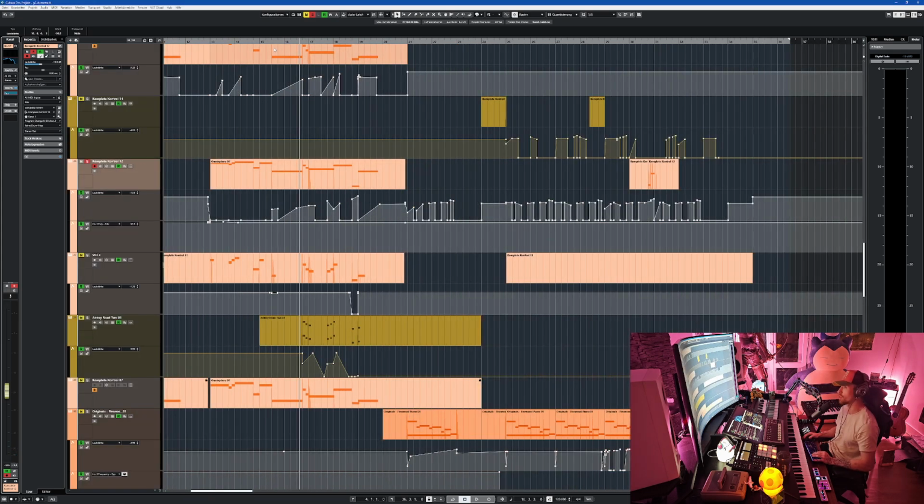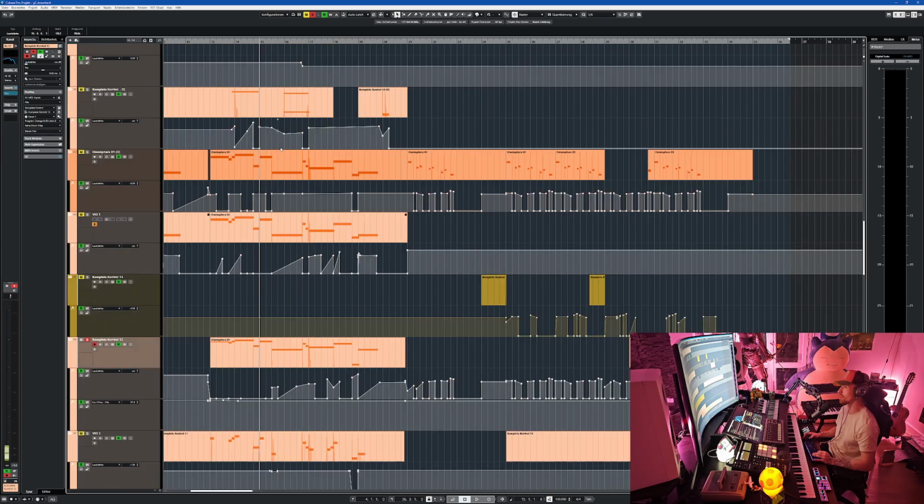So that's what happens here too. This high synthesizer joins and creates a little bit of additional distortion as a preparation for this mid part.